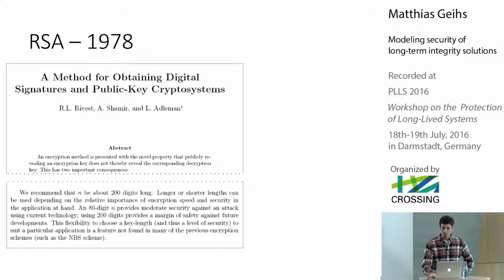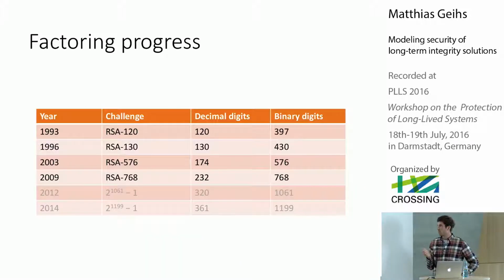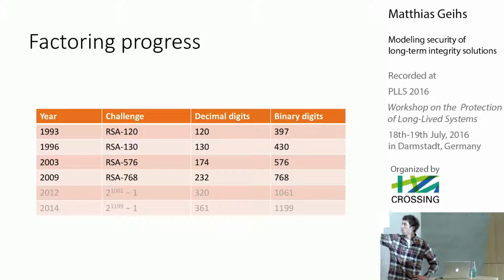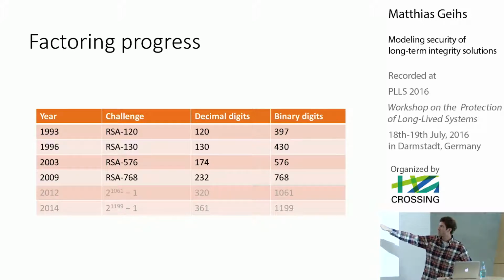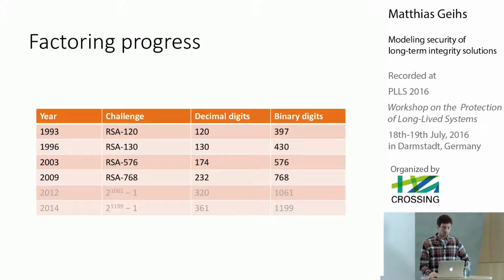They proposed that to be secure against future development, we should use a security parameter which has 200 digits. If we look at the underlying hardness assumption for how long this security suggestion actually lasts, in 2009 we can see 200 digits is not secure anymore, so RSA based on 200 digits was broken by then. So this was approximately 30 years of security. If you have really long-lived data in an archiving system, 30 years might not be enough.